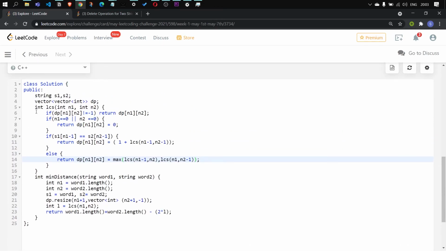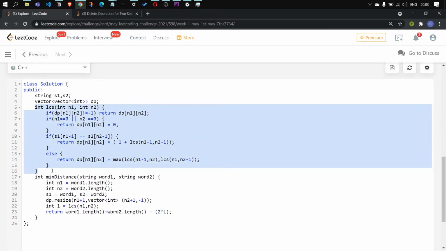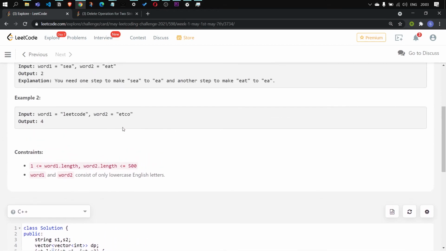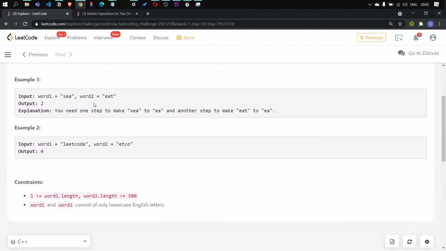So that was it. This is the main part of the code, that is finding the longest common subsequence length. And before signing off, I'd like to tell you to make a note of longest common subsequence versus longest common substring. In the case of a subsequence, the characters can be discontinuous.